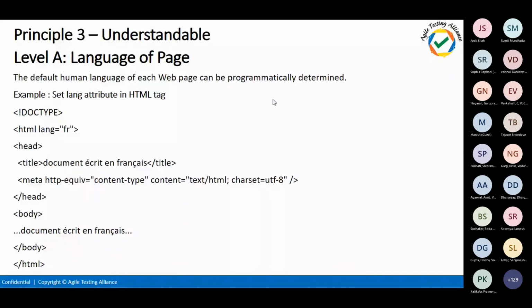Understanding the page language, so this comes under understandable. Are people able to understand the contents in the page? For that, the very first thing we need to do is define for the complete page what language the contents are in. For example, if they are using French, it should be given as FR. If they are using Hindi, then HI.